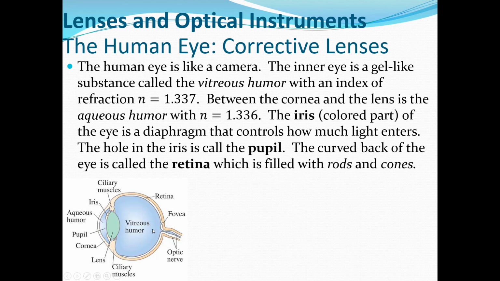So what this ends up meaning is that when there's an object right in front of you and you're focusing on it, the image is going to be formed right here in the middle. You're getting a lot of color differences, but the image is formed in the corners of your eyes, essentially